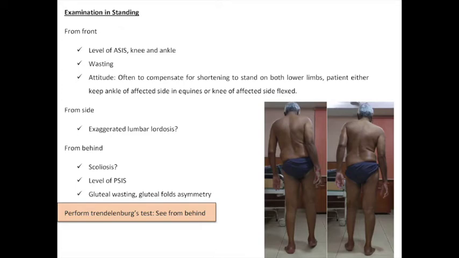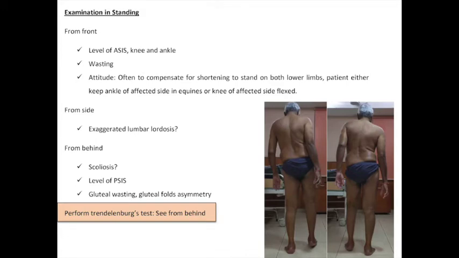Now in a trochanteric fracture, you know there is going to be a short limb. So be careful how the patient is standing. In examination, when you are presenting a case, at times the patient stands with an equinus, at times he is standing with a flat foot, at times with a flexion of the knee of the normal side. So please describe what is visible when you're presenting it during your presentation. If there is pain and there is an adduction deformity, your anterior superior iliac spine could be at different level during standing, and if the patient is standing with a flat foot, your anterior superior iliac spine would be at a different level.